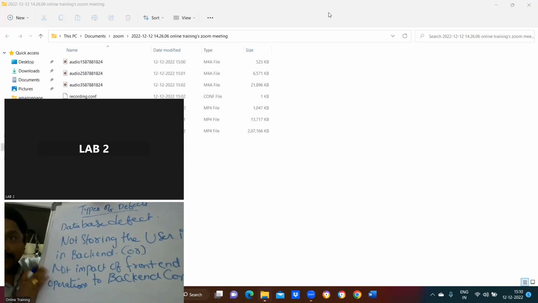Here also the same thing. When you perform operations in the front end, if it is not stored in the back end, that is called a database defect. And the fourth one is exception handling. What do you mean by exception handling? If it is accepting invalid inputs, invalid username with a valid password, and if you click and it accepts and goes to the main page,